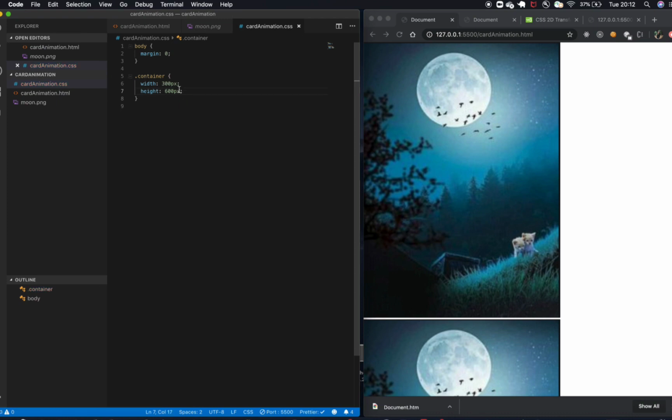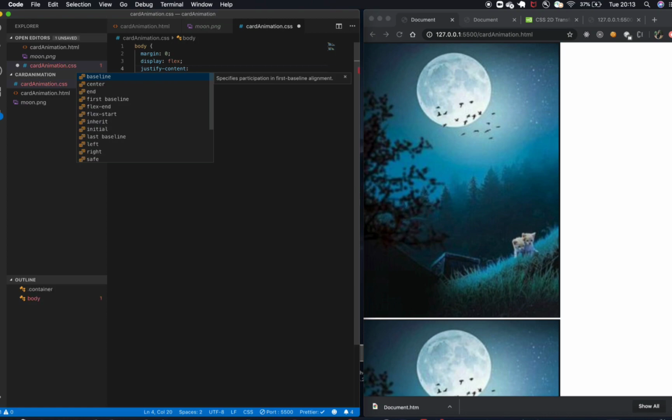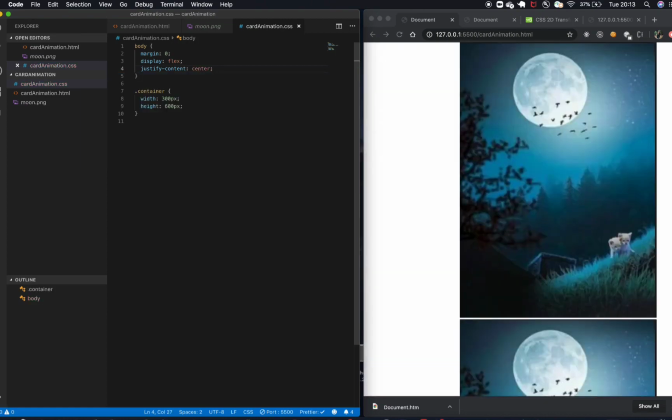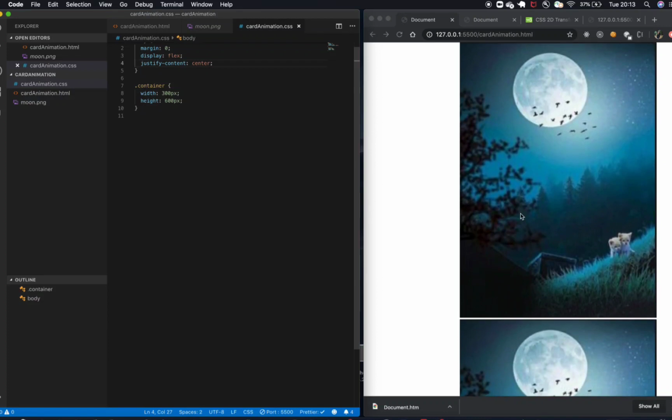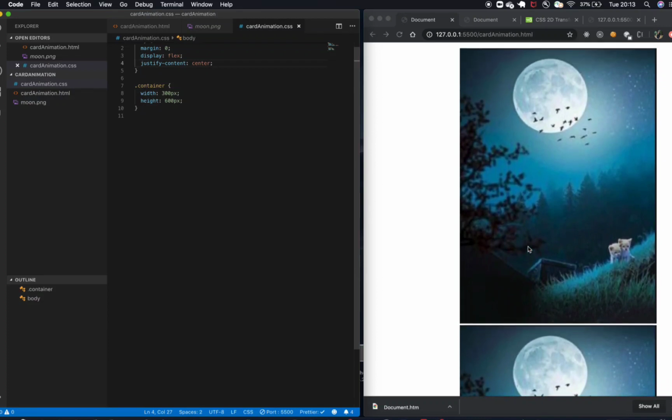Now I want this to come to the center, so let me add display flex, and I'm going to add justify content center. What I also want to do is, these images are actually one after the other, but I want them to be stacked on top of each other.